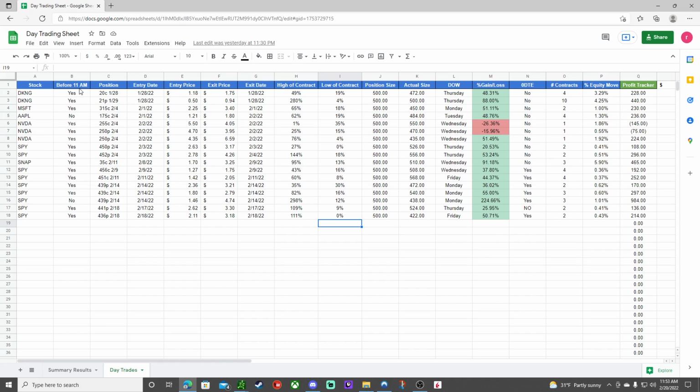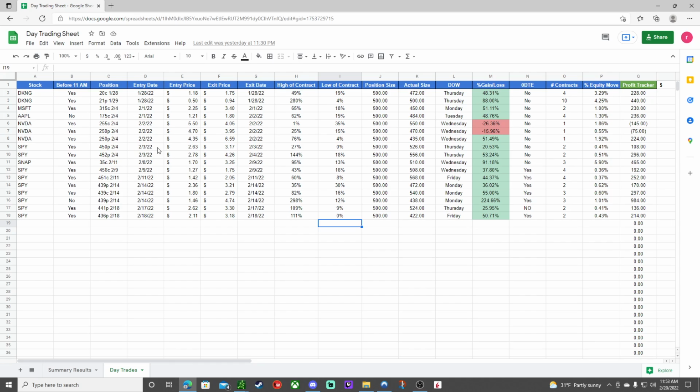Do trades come after 11 a.m.? Of course, as you can see here, a few yeses, and that happened. But as far as the trades themselves, you should know that most of my trades happen before 11 a.m. So if you want to fix your schedule to that, or however you want to do it, we collect the